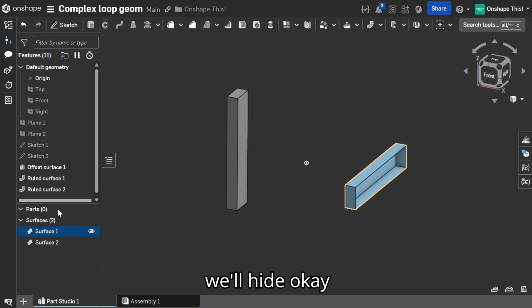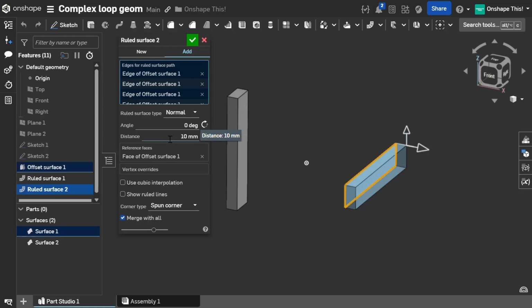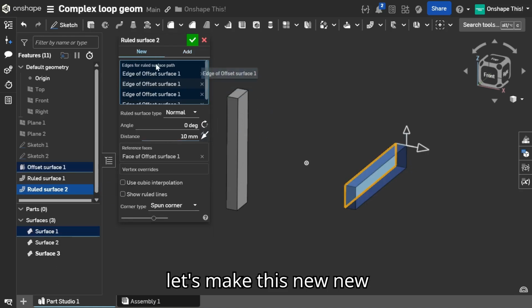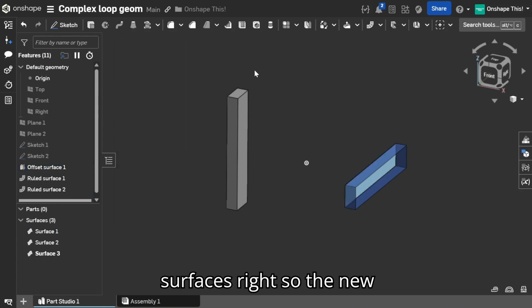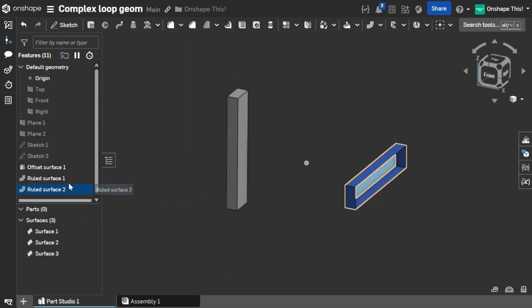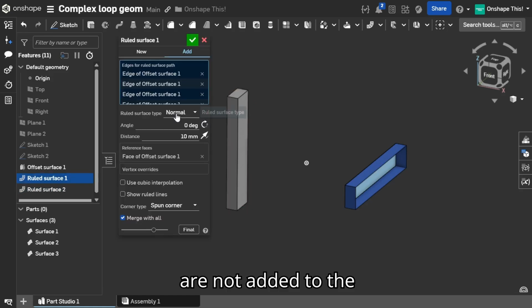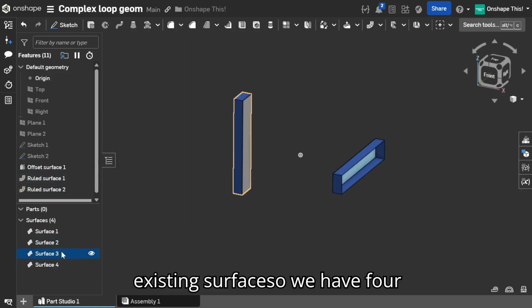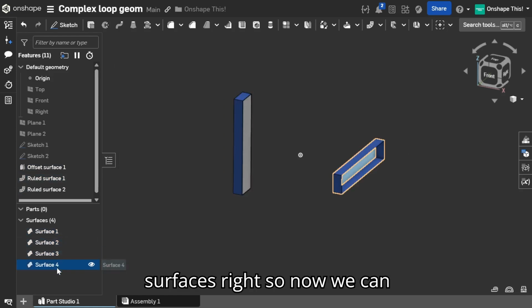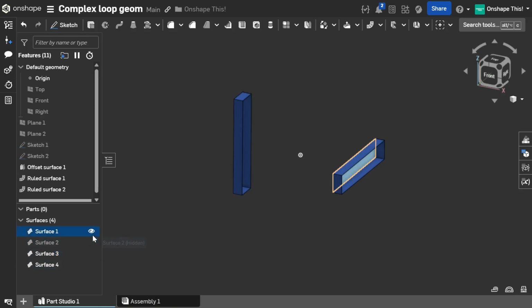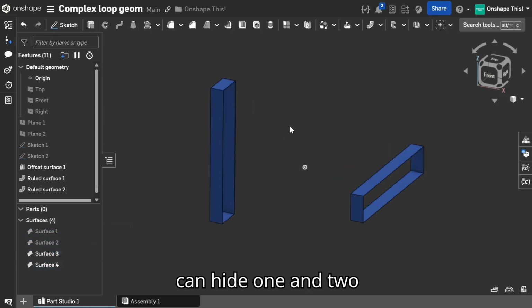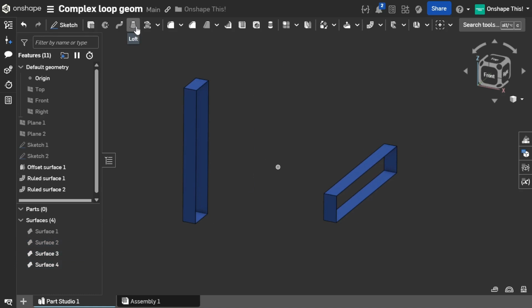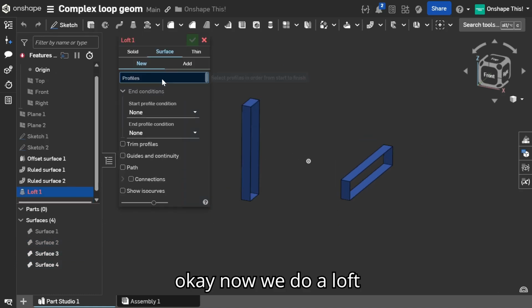So we'll hide. Okay, let's make these new surfaces, right? So the new surfaces are not added to the existing surface, so we have 4 surfaces, right? So now we can hide 1 and 2. Okay, now we do a loft